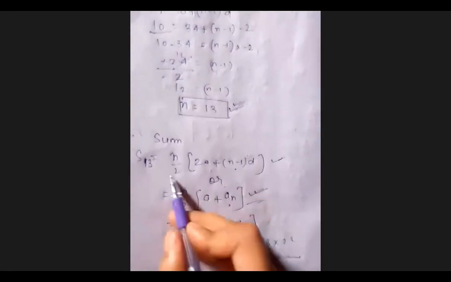So I hope you understand the difference between question number second and first. In the first, the last term was not given and it asked to find the sum, and the number of terms, everything was given there. But in this question, the last term is given, the number of terms is not given. So first we have to find the number of terms, okay, and then we will apply the sum formula.